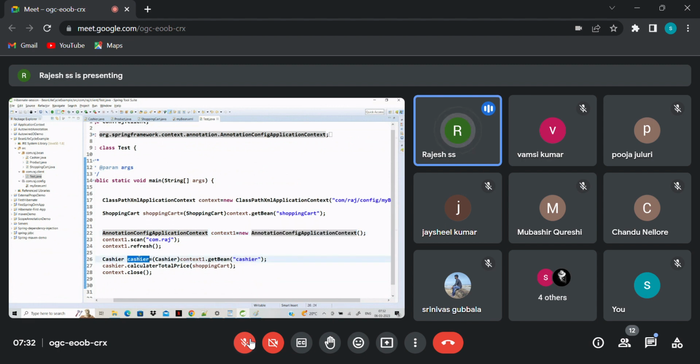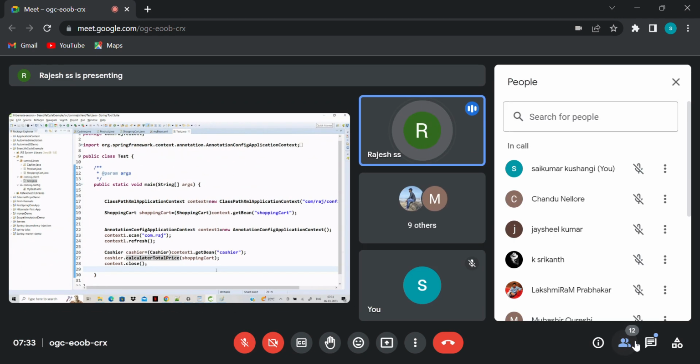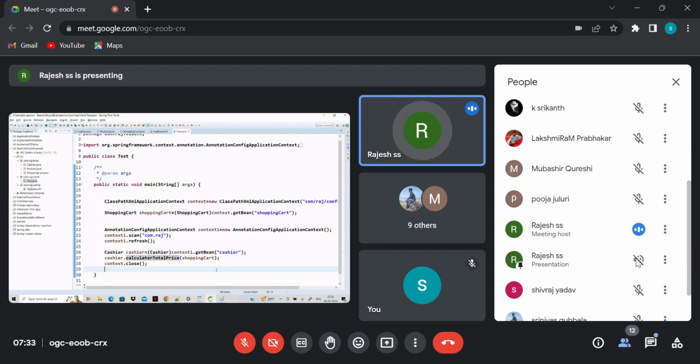Cashier object. And once you got the cashier object, which method are we calling? We are calling the calculate total price method, but we are not calling the open stream method, and we are not calling the close stream method. Those methods we are informing to the Spring container. They execute at the time of life cycle start and the end, right? All methods are executed whenever you invoke them, but observe here, I'm not invoking the open stream method and the close stream method. Those are configured with us